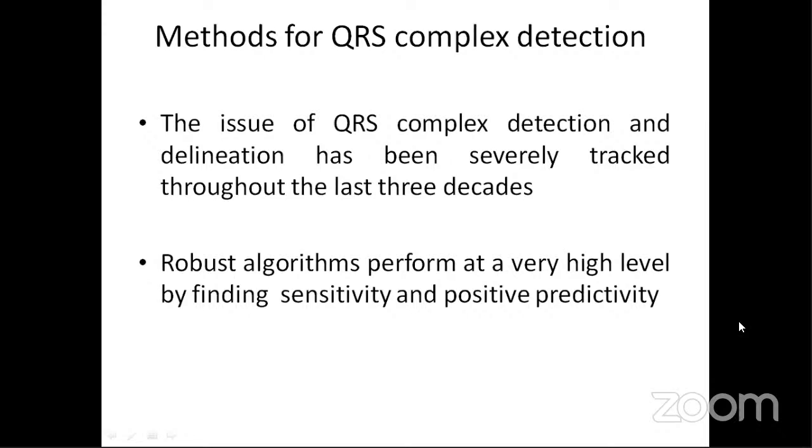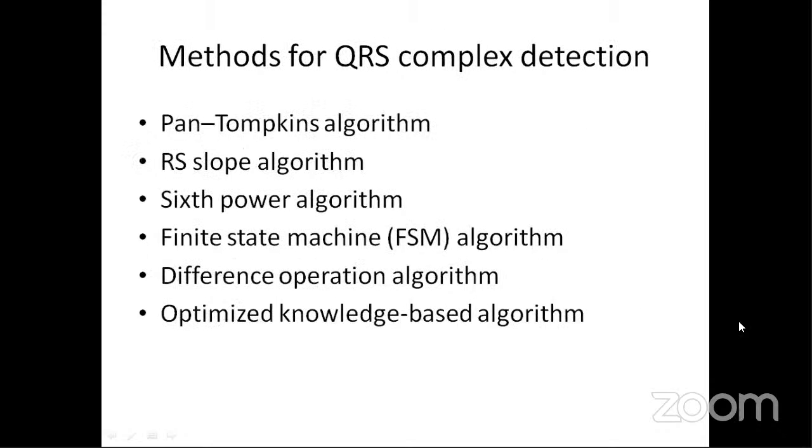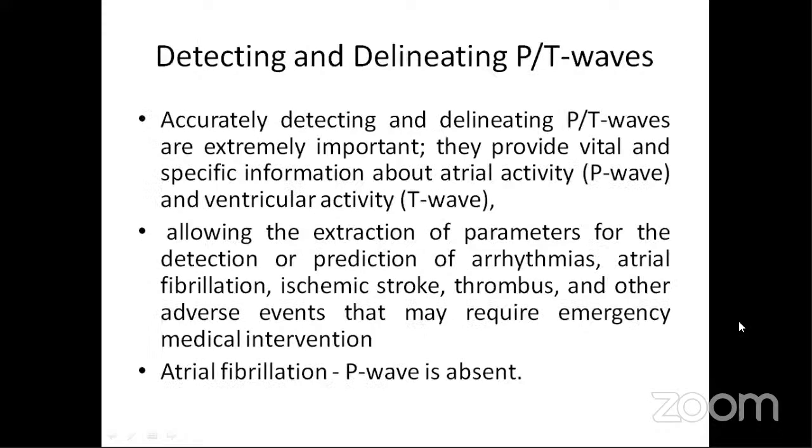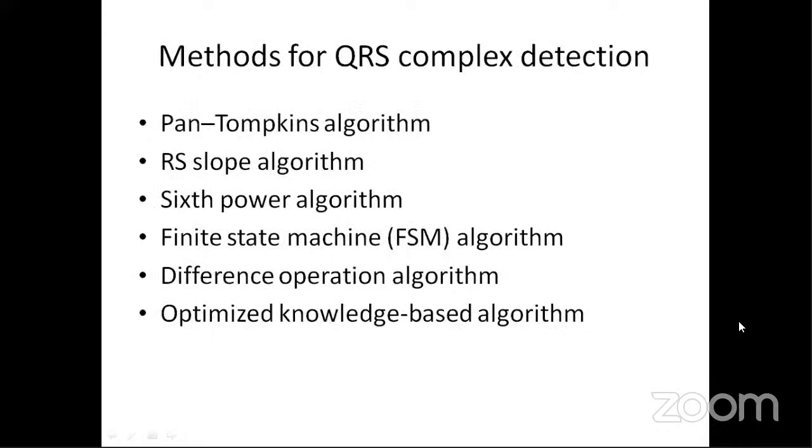Okay, there are a number of QRS complex detection methods. I have listed some of them: the Pan-Tompkins algorithm, the slope and sixth power algorithm, finite state machine algorithm, difference operation algorithm, and optimized knowledge based algorithm. You can select whichever you like. The methods can be evaluated by finding the sensitivity and positive predictivity of the particular algorithm,